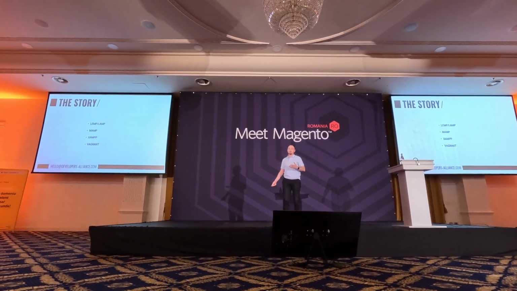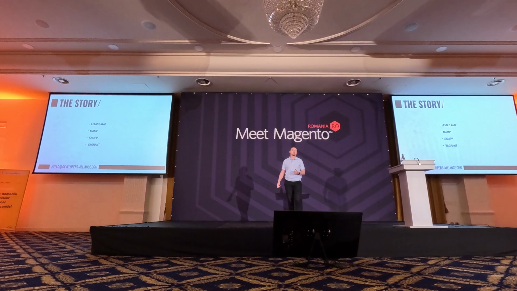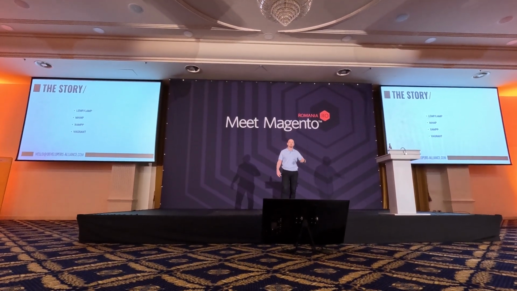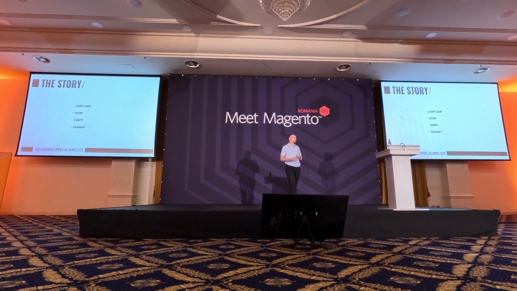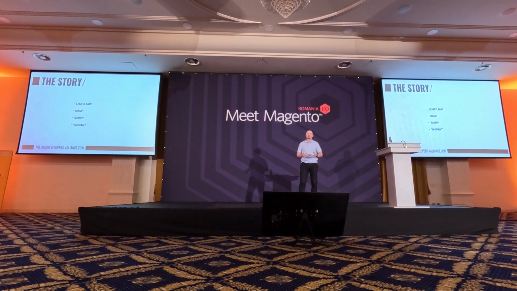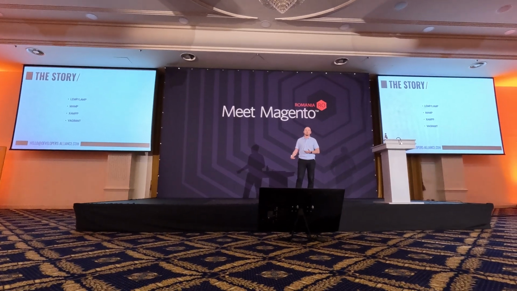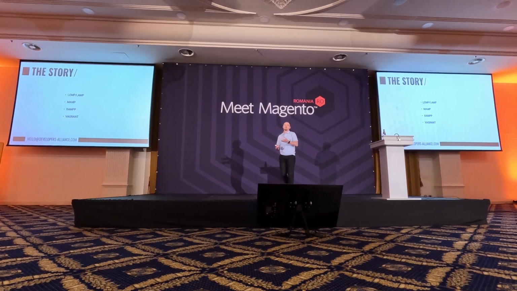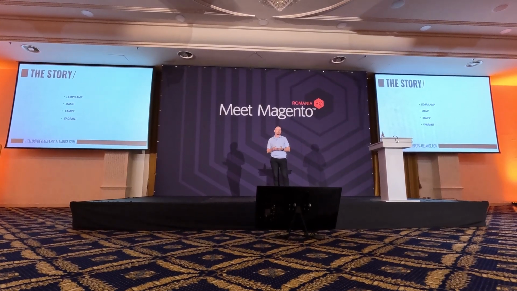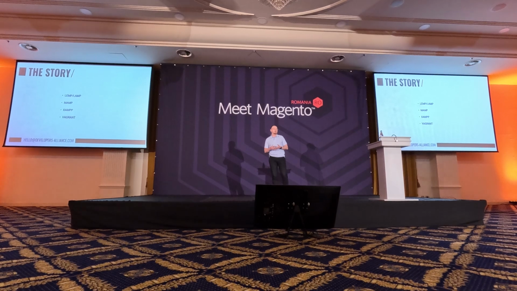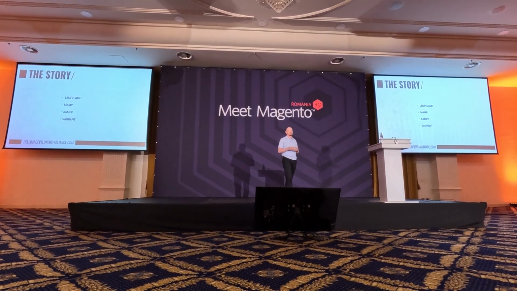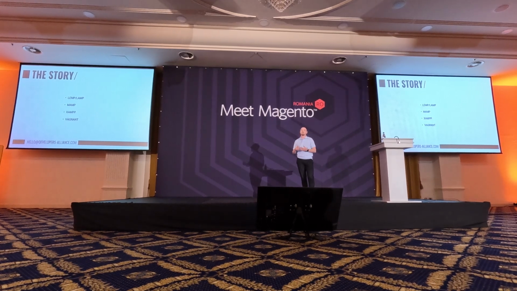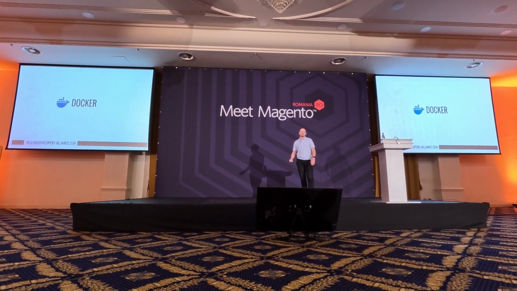Then Vagrant appeared, and it kind of made it easier in a way that you can provision a virtual machine with the necessary PHP versions and maybe some other requirements that this project has. You also can pack it in a box, share it with somebody, and this person can import it. And it kind of worked, but such a box would weigh, we had projects like 40 gigabytes, and exchanging those boxes between the developers,